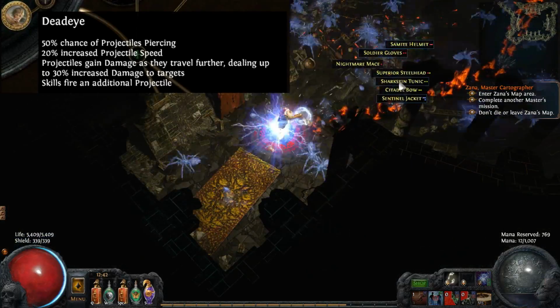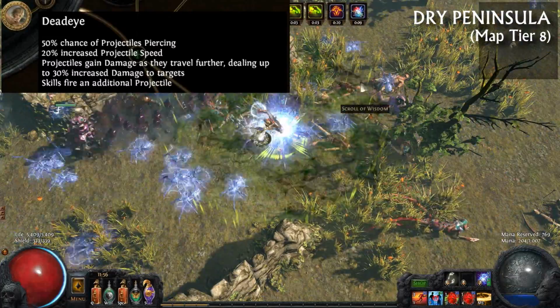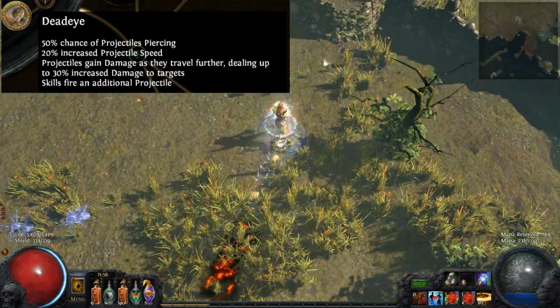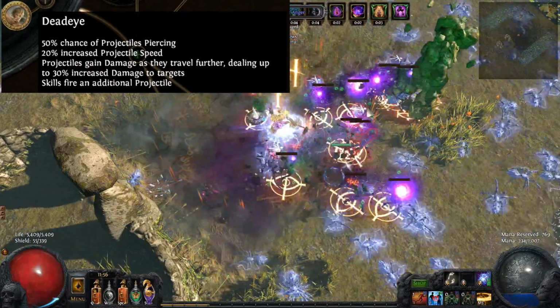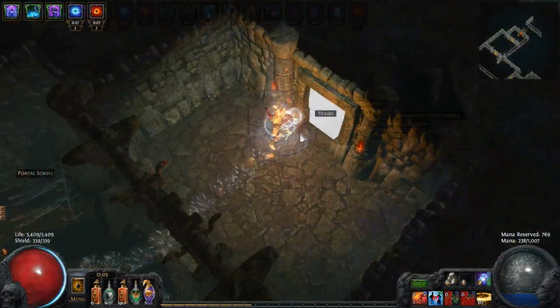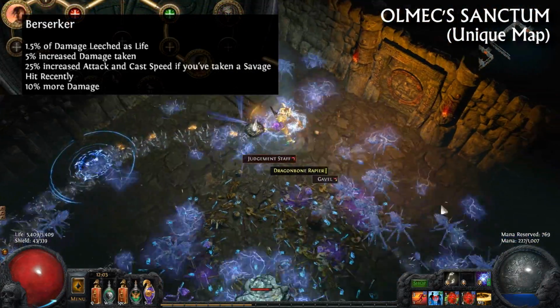Pierce, bringing you to 100% with the support gem, projectile speed, which in this style of Spark build is a big damage boost, increased damage as projectiles travel, and boy do they, and finally an extra projectile. It's godly for Spark. And not quite as exciting, but almost as powerful, is the Scion Berserker, which gives 10%